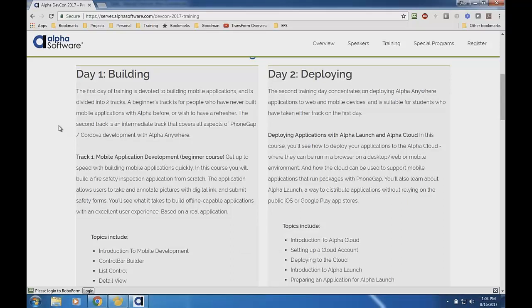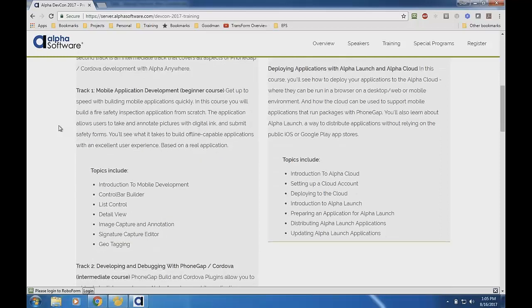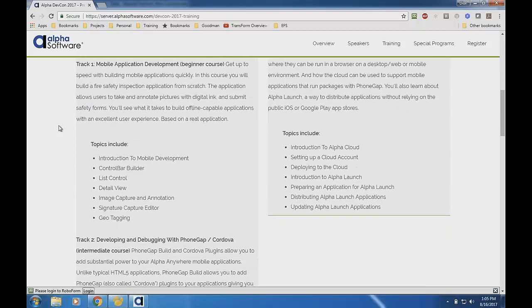Sure. So day one is all about building your applications, specifically mobile applications. And then day 2 is going to focus on how to deploy that application. So day 1 is broken into 2 tracks. One is mobile application development. So this is that core skill set of how to